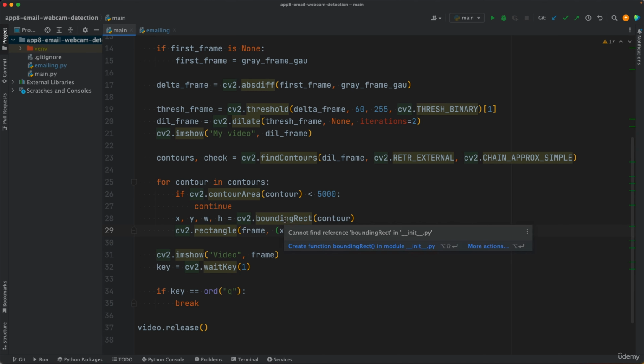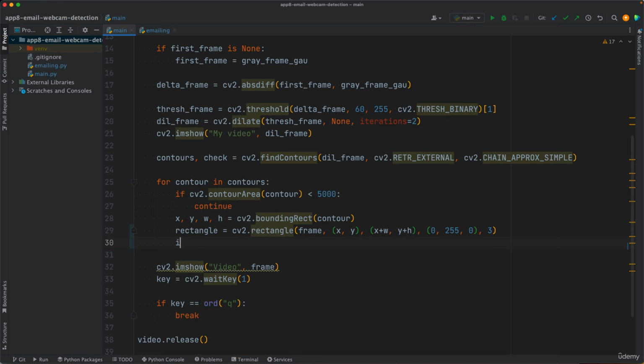But we can also assign a rectangle variable to cv2.rectangle. So we store the rectangle arrays, the rectangle numpy matrices, in this variable, and then we say if rectangle